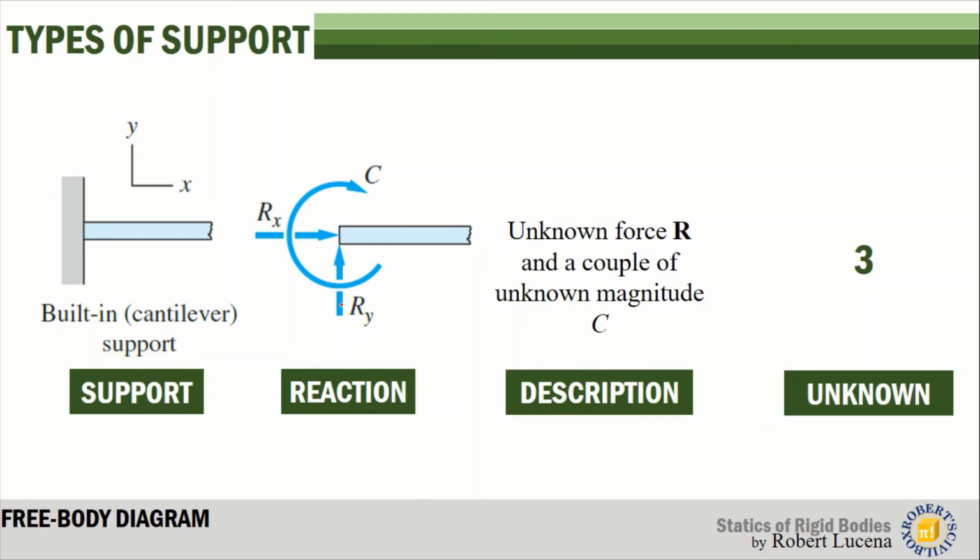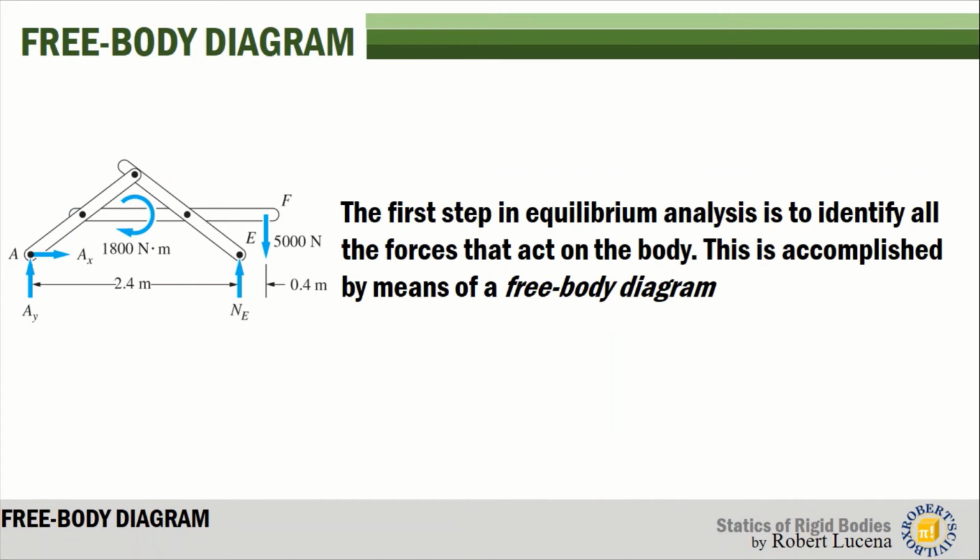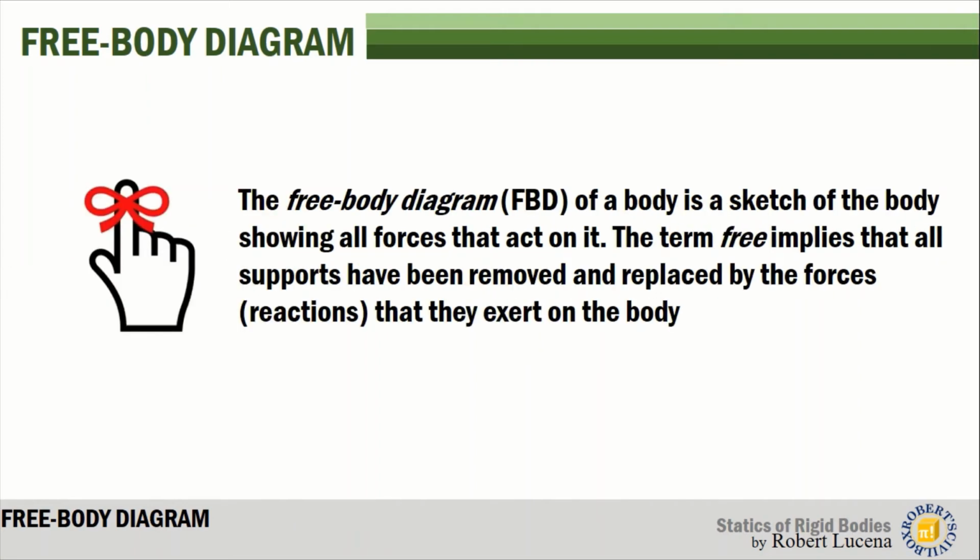So you have three unknowns for this type of support. Now, if we have already learned how we get the area and the resultant force from the line diagram, and how we get the reactions, we are now ready to analyze the free body diagram of the structure. Take note that the free body diagram is a sketch of the body showing all the forces that act on it. That is why it is important for us to learn the